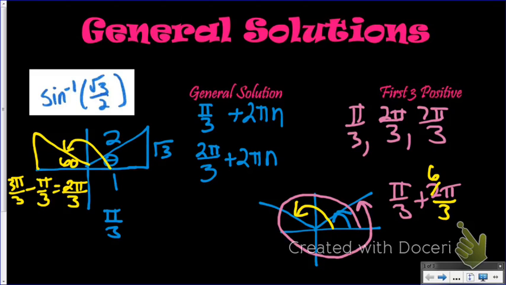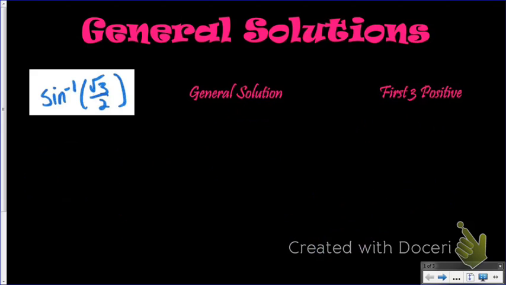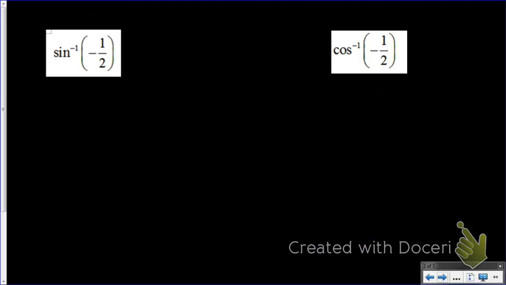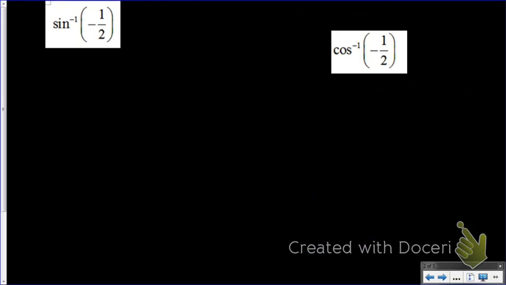So those are the first 3 positive answers to that possible equation. Alright, so what we're going to do from here on out is going to be very, very similar to what we did for principal values, but we're going to look at the other functions and we're going to look at some negative values. So we're going to start with inverse sine of